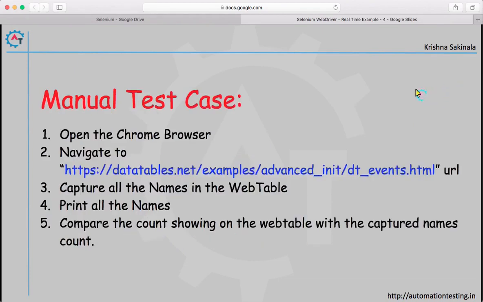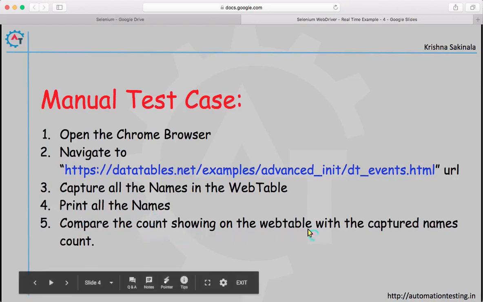So what is the test case we are going to take? Open the Chrome browser, visit this URL, and on the web page you'll find a web table. Capture all the names and print them, then compare the count shown in the web table with the captured names count. So this is my simple test case.